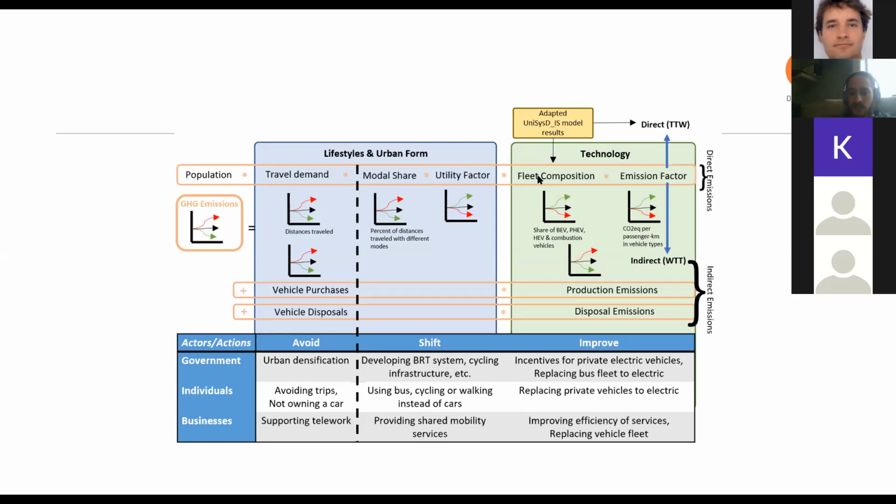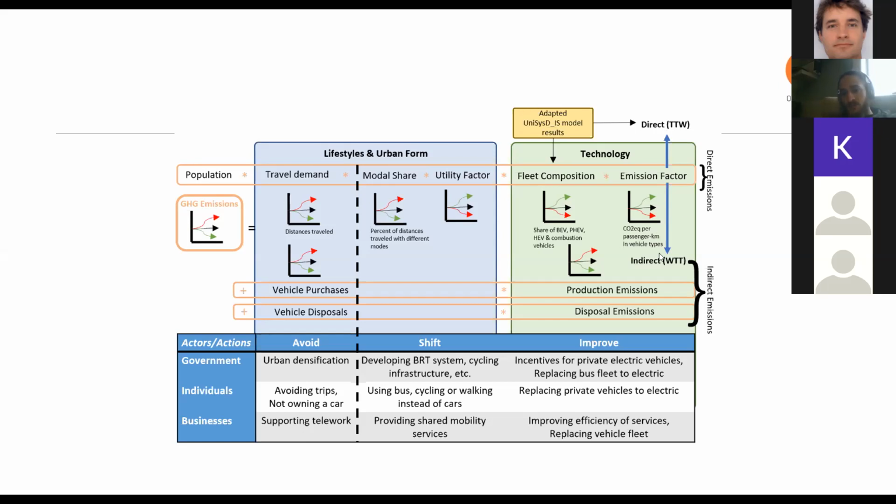Then you have the fleet composition. This is the important factor when you're starting to look at production emissions, and I'll explain that in a second. What's the percentage of electric vehicles within the car fleet? When we showed Norway being at 50% and Iceland being at 15%, what is the fleet made of? And what is the emission factor for each one of these vehicles, per vehicle type? The emission factor for a bus, but also for your diesel car, your petrol car, your EV. So you're looking at the direct emissions,